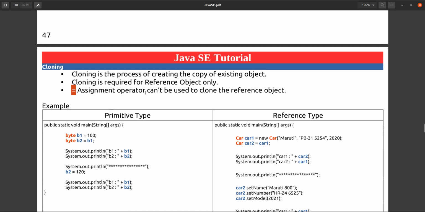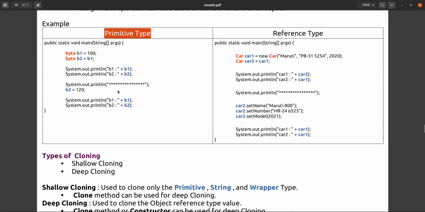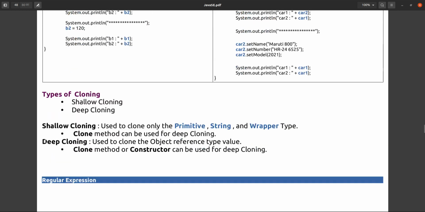But if you want to clone a reference object type, then you have to use the clone method of the Object class, and you have to implement the Cloneable marker interface. And if it is a deep cloning, you have to do it explicitly, using the clone method or constructor. But for shallow cloning, just the clone method is enough. Okay, so this is all about the cloning.